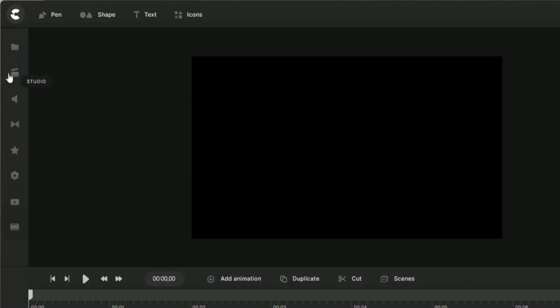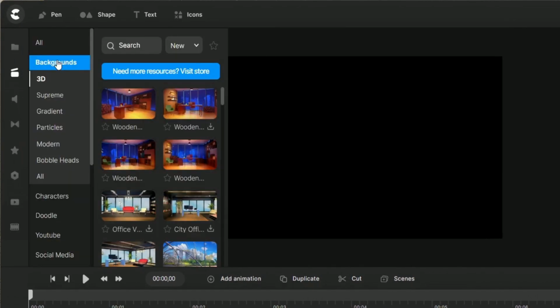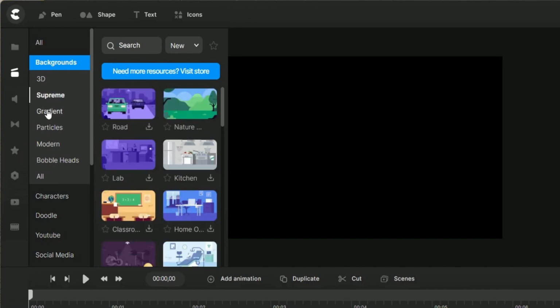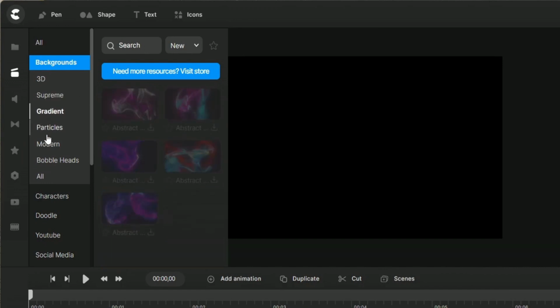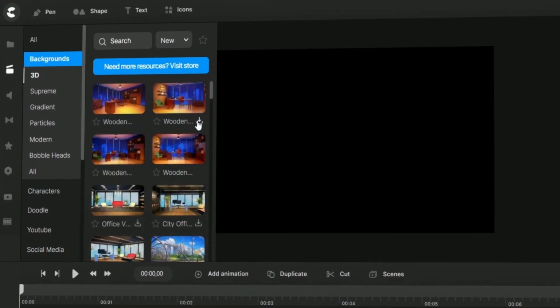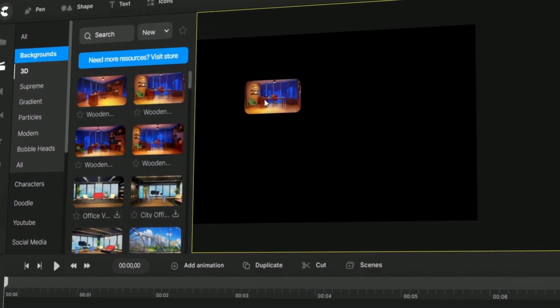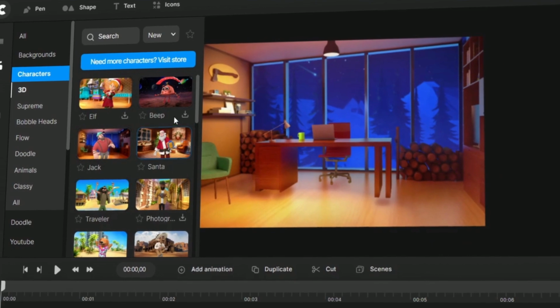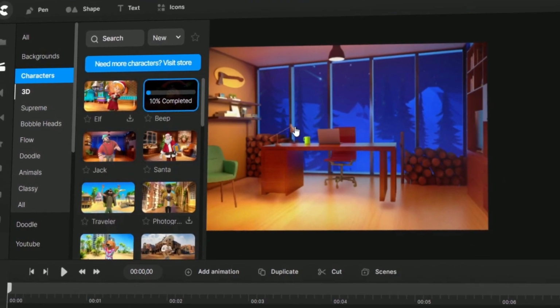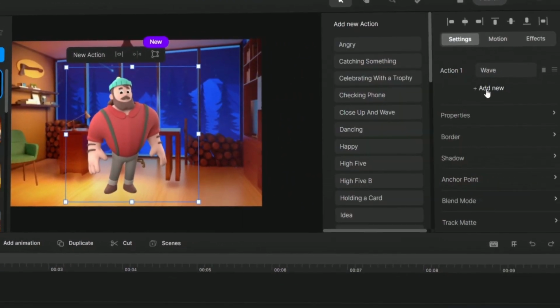This is where you'll craft your videos. In the Studio section, explore the diverse offerings, such as various backgrounds like 3D, Supreme, Gradient, and more. To use a background, simply download and drag and drop it. The software also features characters that you can download and animate, adjust their actions, add new ones, and explore a